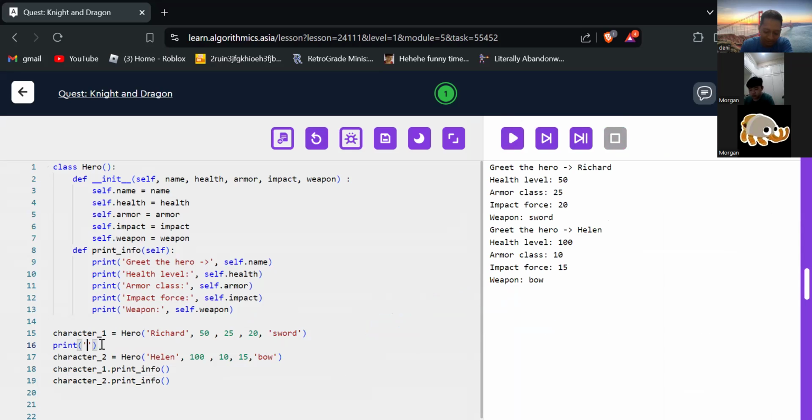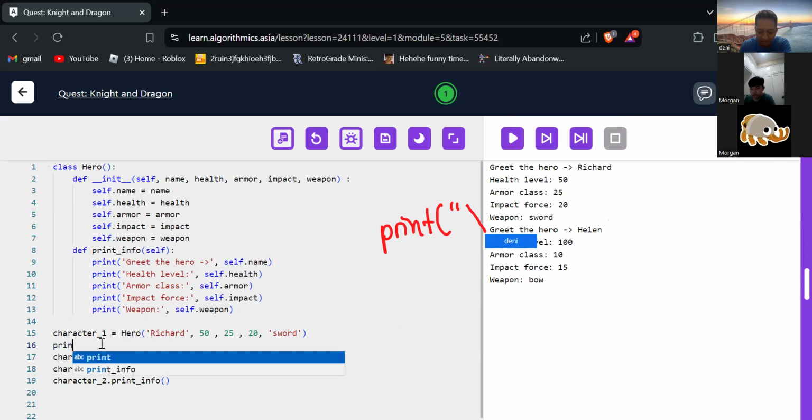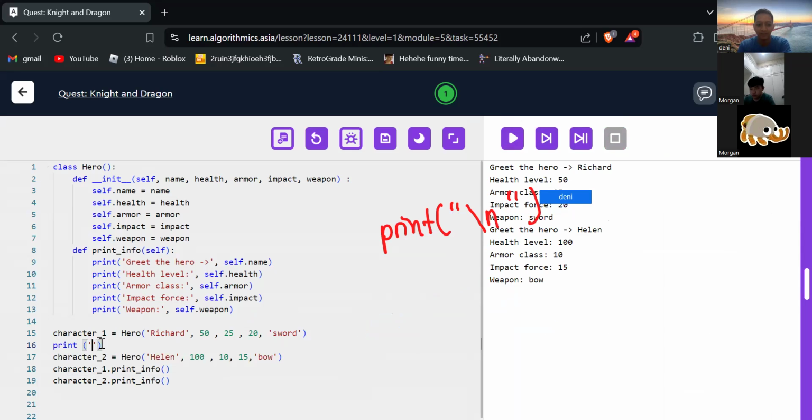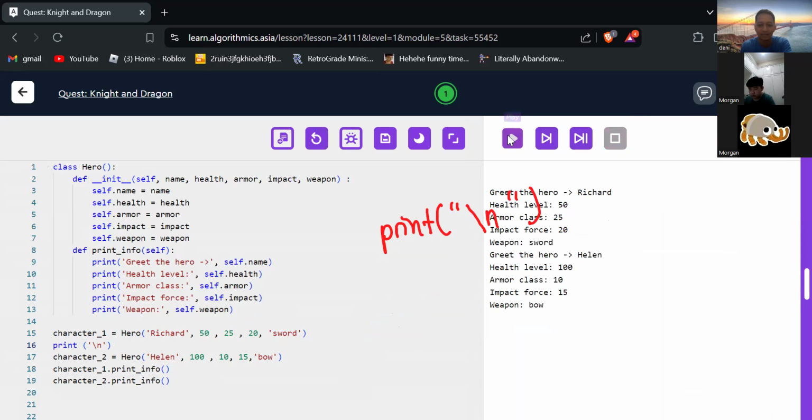We must create print backslash n for a new line.